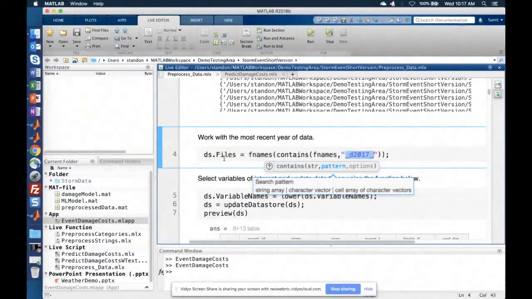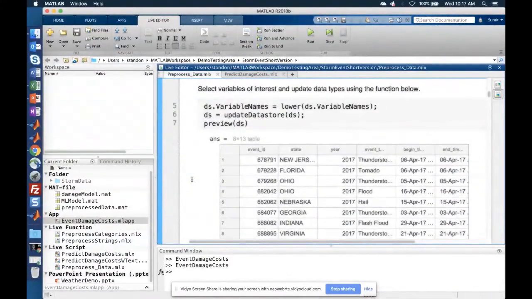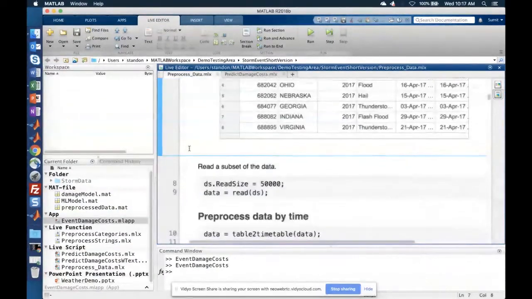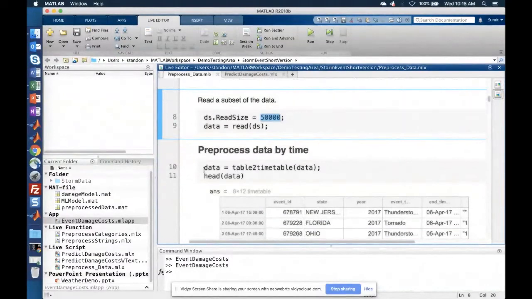So that's how I can select the files for 2017 and get a quick preview of what the data looks like using the preview method of the datastores. And to do a decent amount of pre-processing, I'm going to read in about 50,000 rows and then process the data.